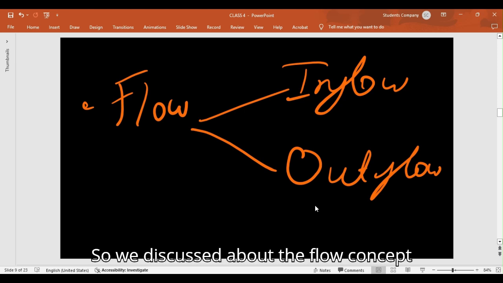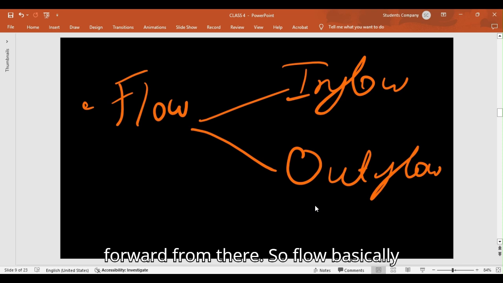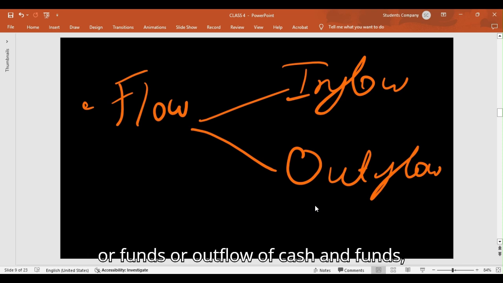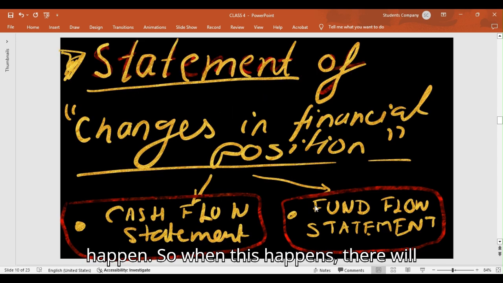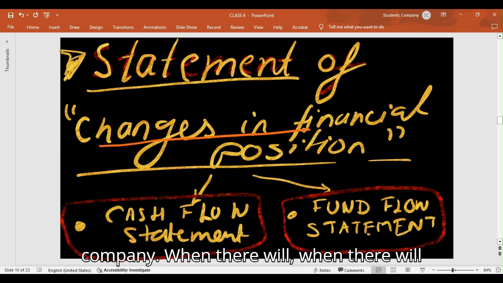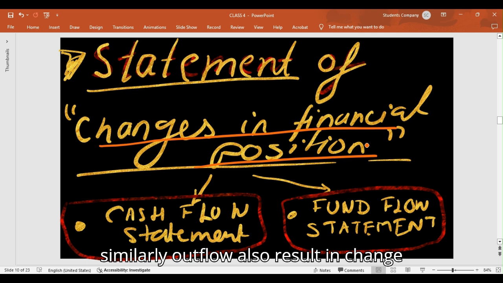So we discussed the flow concept yesterday, and today we'll take it forward from there. Flow basically means inflow and outflow, inflow of cash or funds, or outflow of cash or funds. These are the two things that can happen. When this happens, there will be changes in the financial position of the company. When there is an inflow, there will be a change, and similarly, outflow also results in a change in the